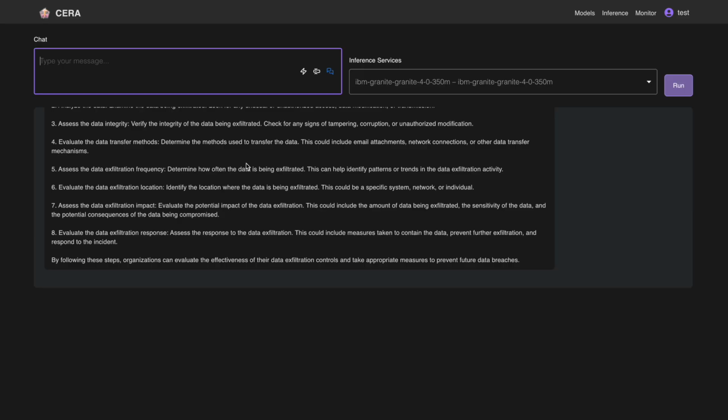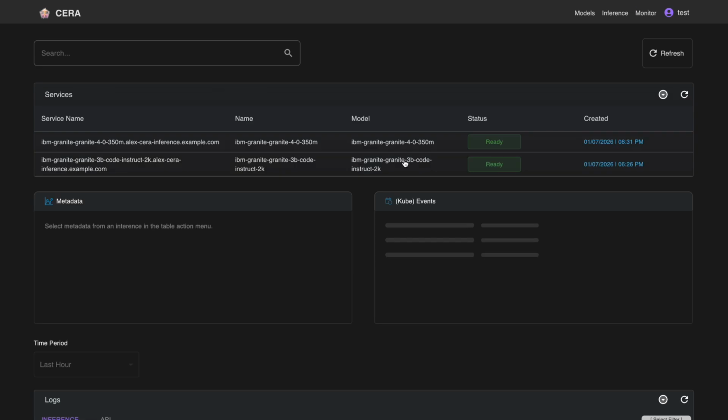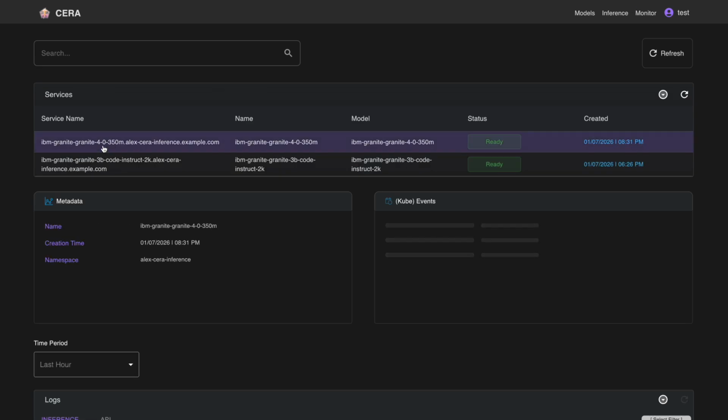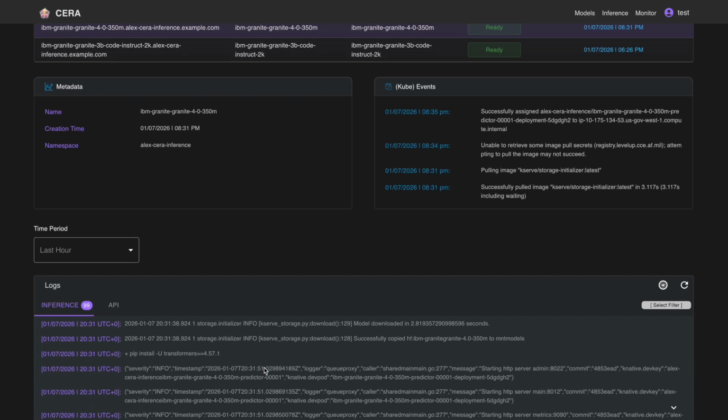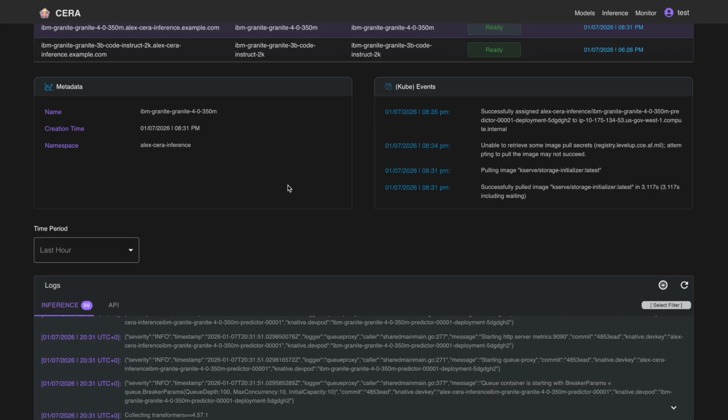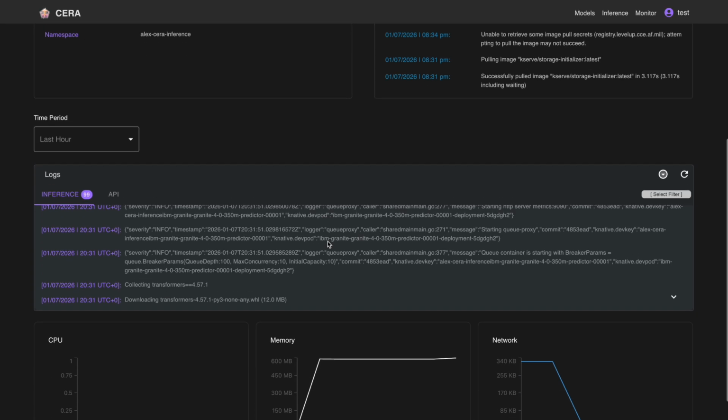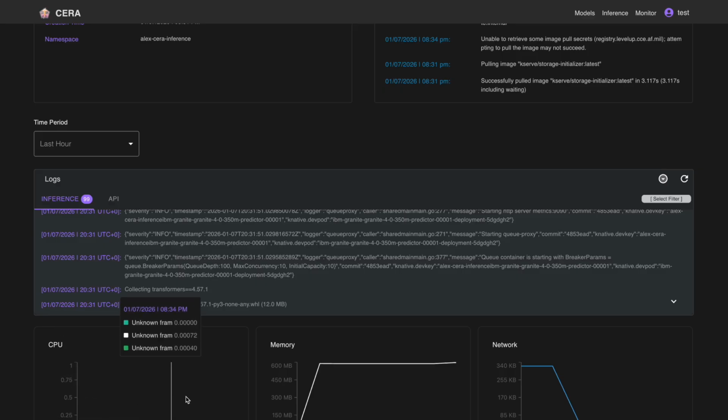Another thing that I'd like to point out here is that there's also a monitoring section. So in the example of IBM Granite, if I click on it, we can see that the model was deployed. We can also see that I was asking a bunch of questions. So what this page actually allows you to see is the metrics of the model. You could also have access to the logs to see the behavior, how it's responding to the questions that you're asking. And there's also a memory, network and CPU traffic that can be evaluated, so you can actually monitor the performance, whether a bigger node is needed or if there's more fine tuning that needs to be done with the